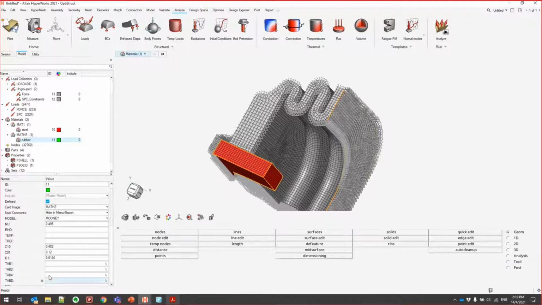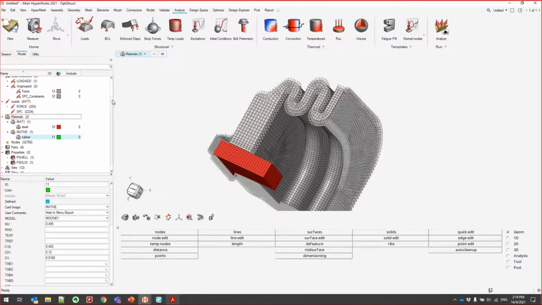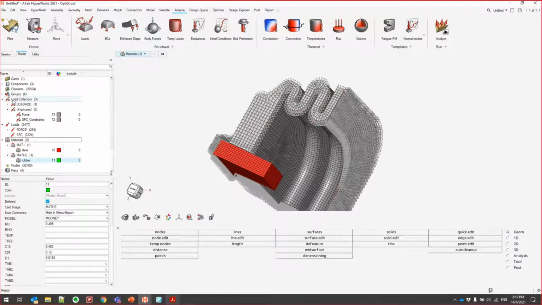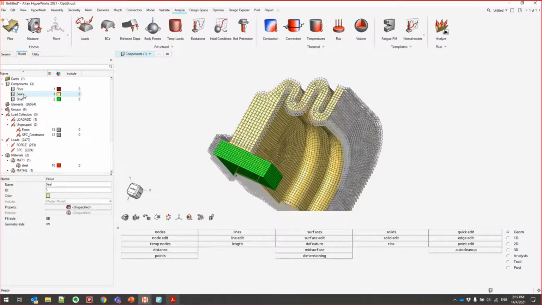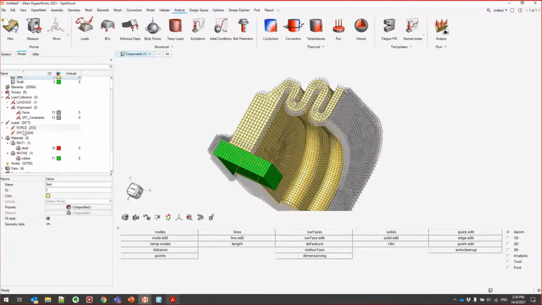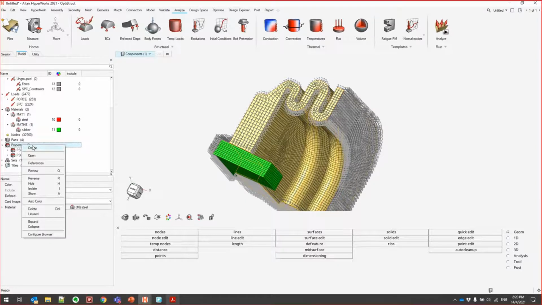So with this one, it's actually okay. This is already set up for this material here. Now we just need to define a p solid for the rubber properties, right? So you see, this is the seal. It's not defined any material, any properties yet. So I'll just go down to properties, create